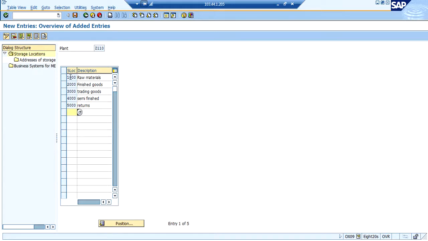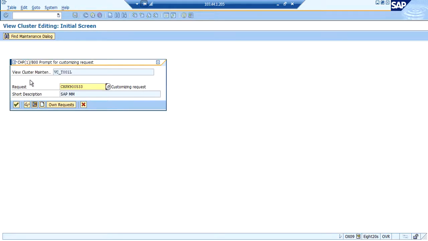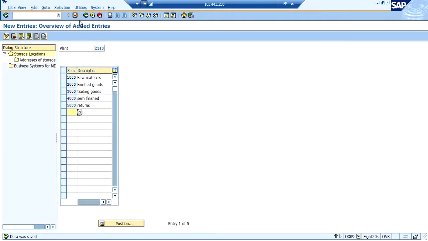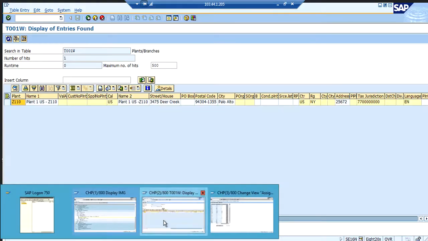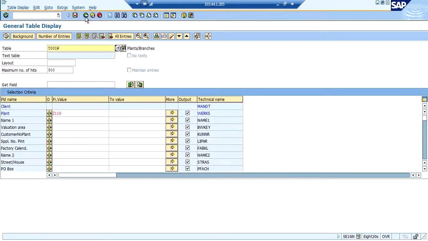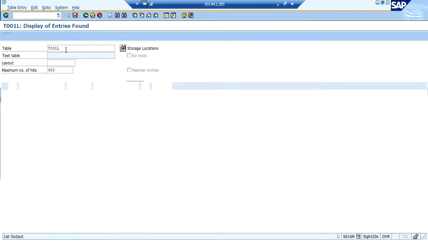Likewise, I have created some storage locations here. Click on save. Again the system will ask to maintain a transport request. So I have to maintain this. In order to check in which table these storage locations get saved, one has to go into T001L, give the plant and execute.